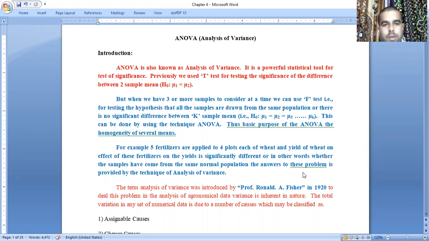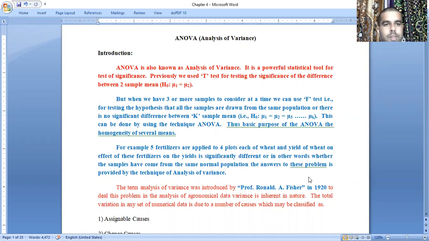In the previous class, we discussed the subject titles and how many chapters we are going to learn for this semester. You have seen. So for today's class, we are going to start a good chapter. We call it ANOVA. It is nothing but analysis of variance. Already for the MBA students, we completed this chapter. For MCOM and MCOM FS students, please listen carefully. Today we are going to learn a small introduction regarding ANOVA, that is analysis of variance.